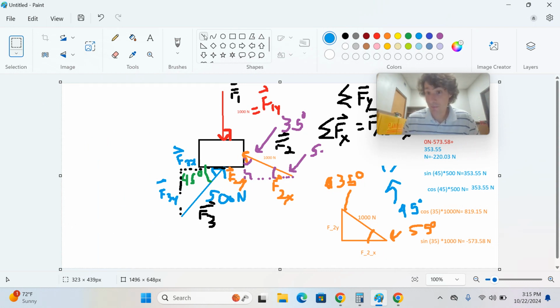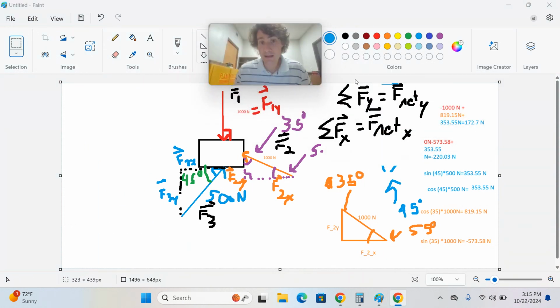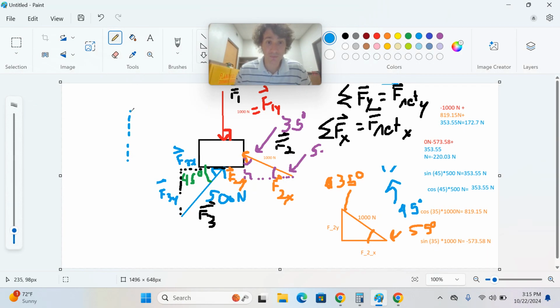And now let's think about this. So my net forces, I have positive 172.7. So if I think about it, I'm going up, up, up. This thing is going to go up in the y-axis, right? And then I have negative 220.03, which means I'm going to the